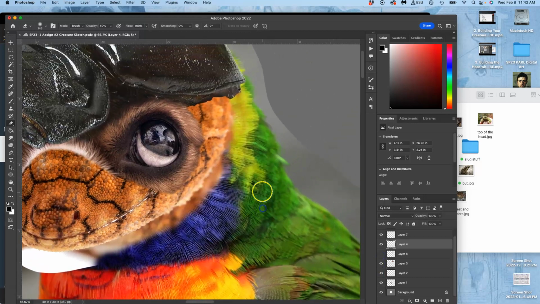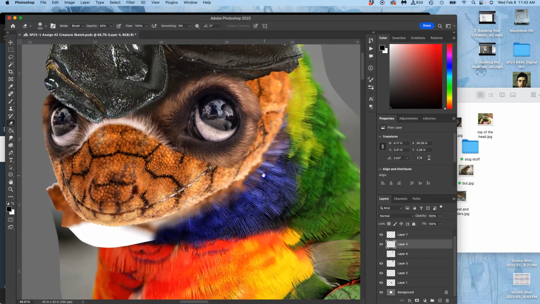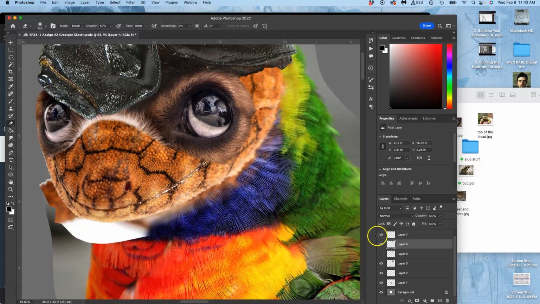There it is. Just so I can show you kind of how to transition with a low opacity eraser once you've gotten rid of your hard edges. Like so. So even very distinct textures you can kind of blend together and transition. And this is before I've done any kind of correcting to the color balance. I'm going to cut out